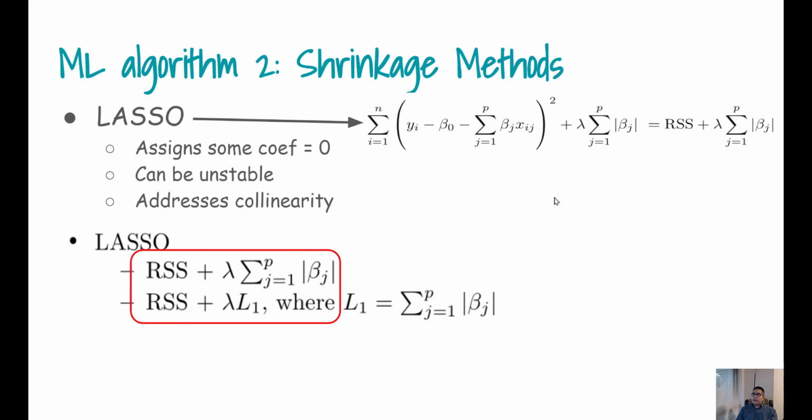The other kind of shrinkage method is the lasso method, where instead of the beta j square you are just using the absolute value of the beta coefficients. The sum of beta j absolute terms is known as the L1 norm. And one of the advantages of this particular penalty term, and by penalty term I mean lambda and beta both in this particular situation, is that these are very helpful in